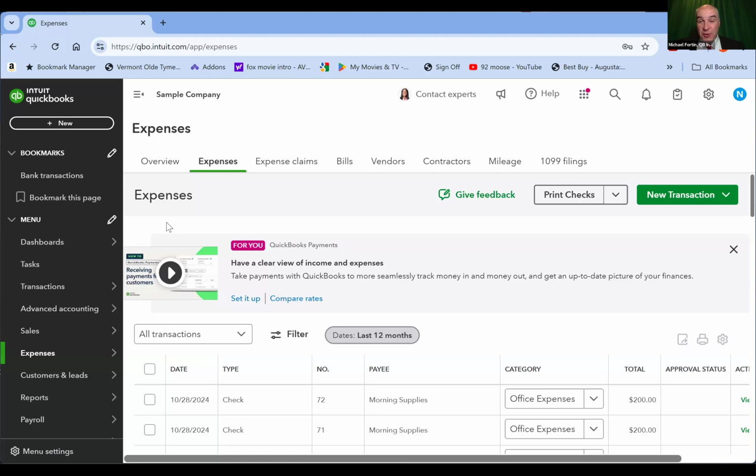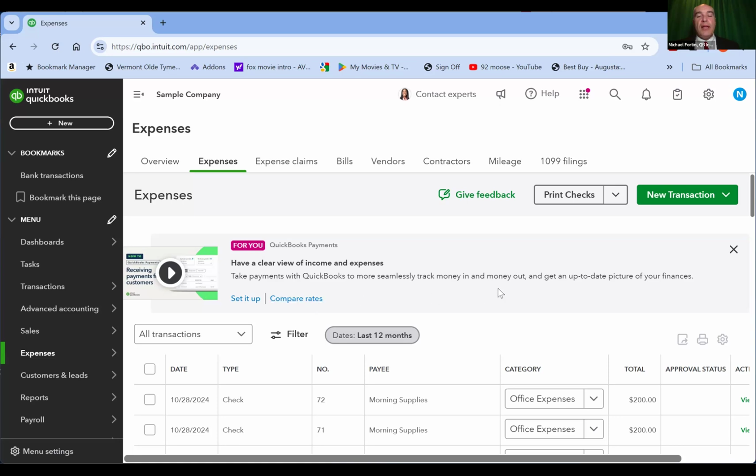So they show up here too, which means that I could also use the expense form to record checks. So the expense form is kind of like the one-stop shopping place, if you will. One place I can enter all different types of transactions.